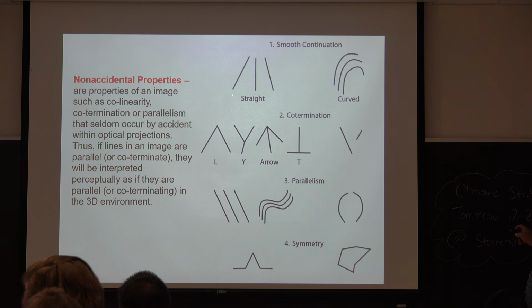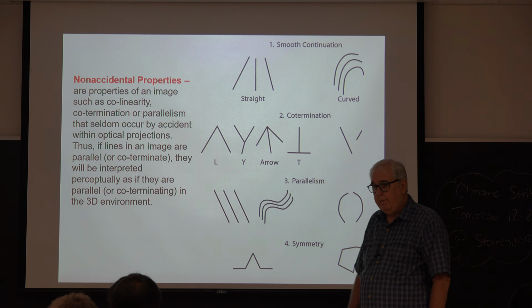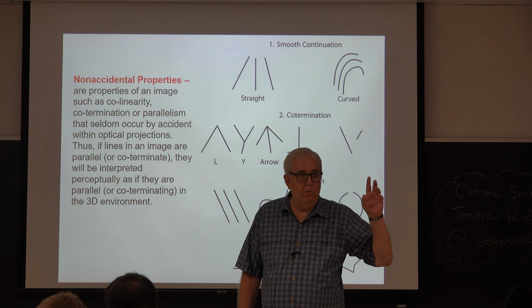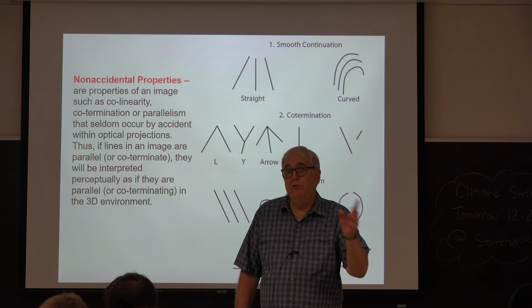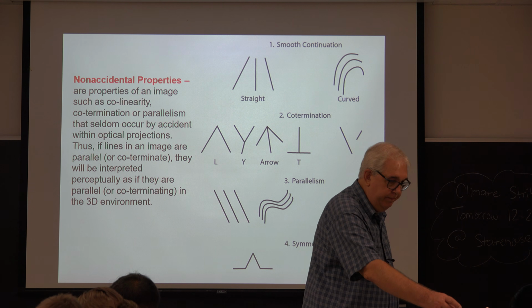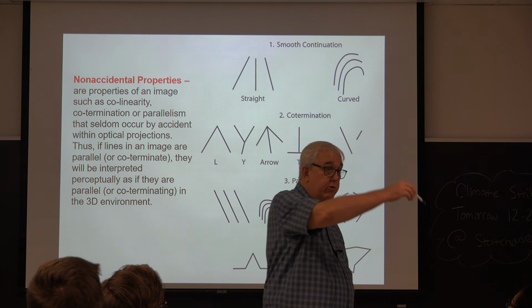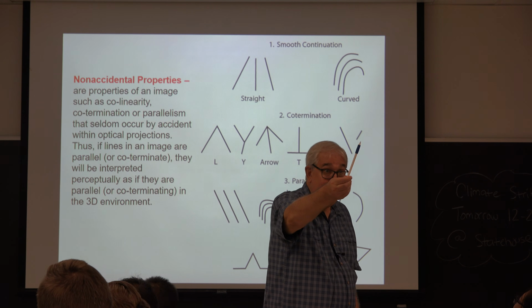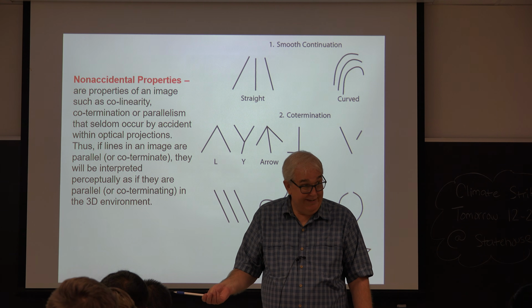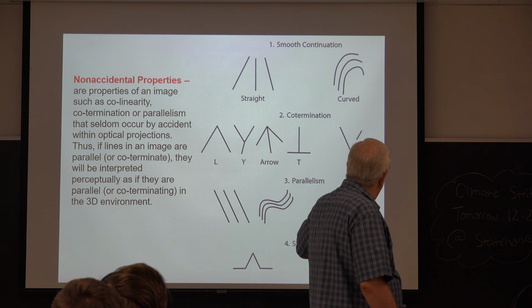All right, so these are non-accidental properties. What makes non-accidental properties important is that they don't change as a function of orientation, as a function of viewing angle. So let's say I have a straight line. Let me borrow your pen. All right, does it look like a straight line? Everybody? Still look like a straight line, right? I can view this from any vantage point and it'll project to a straight line. That's what's called a